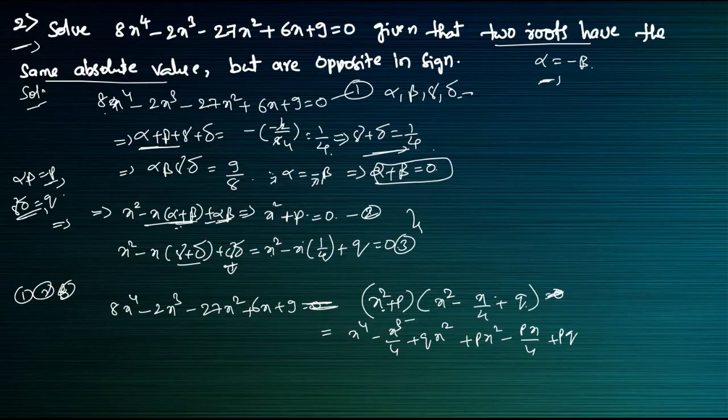Now in this we'll equate these values. First we'll write the values: x power of 4 and minus 1 by 4 into x cube, here plus x square into p plus q will come, and here p will come. If you want, you can take p common, or else you will write only p by 4 into x plus pq will come here. So here I will compare the coefficients of like terms, these x values with those x values.